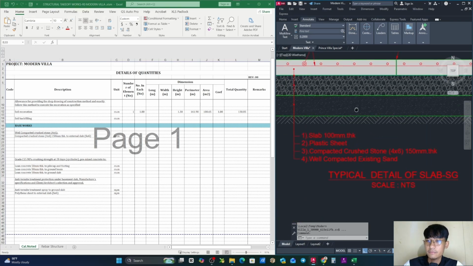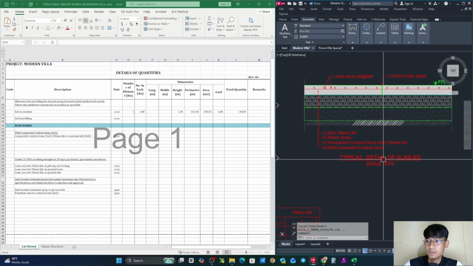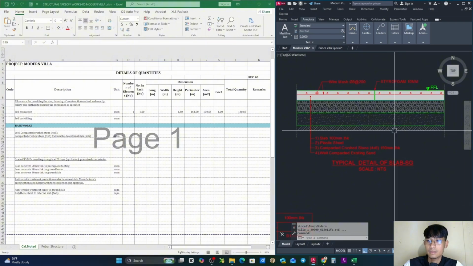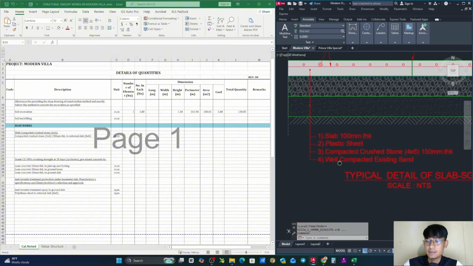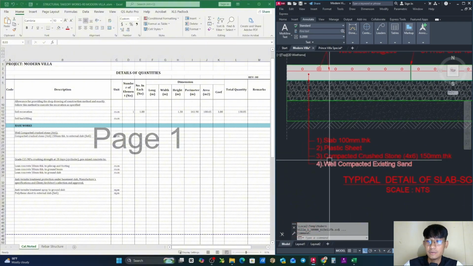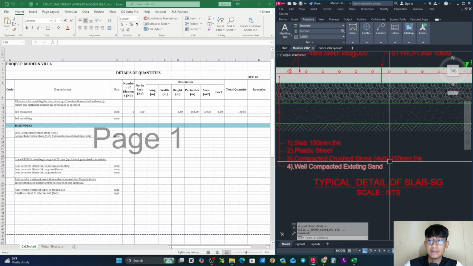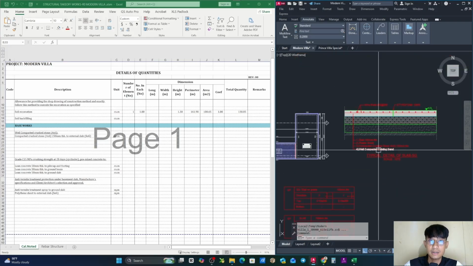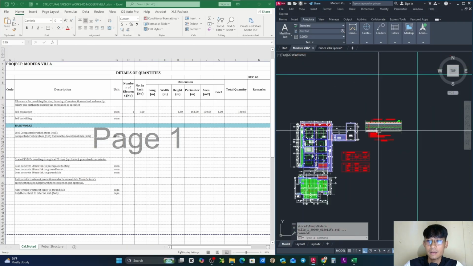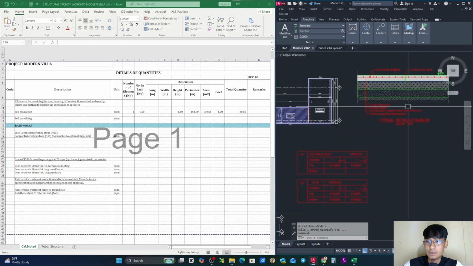First of all, we need to go to the typical detail of the slab, SOG. So as we can see here, number 3, we need to compact the crust stone 4x6 150 mm thickness to the external slab or SOG. So after we review the typical,